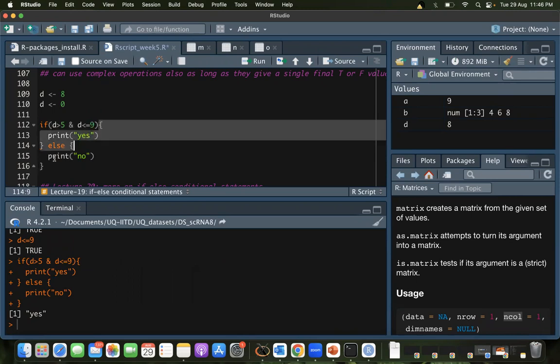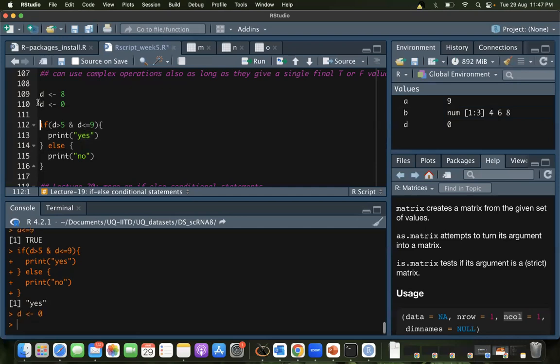So it goes into this chunk. It will not go into this chunk. Never will it happen that both the chunks get executed. That is important, because if else ensures that only one of them is possible. If takes in some part of the universe, else takes in the other part of the universe. And by universe, I mean all possible values, right?